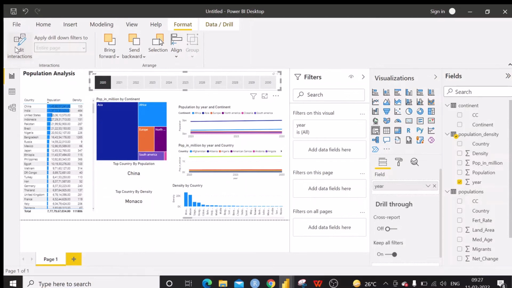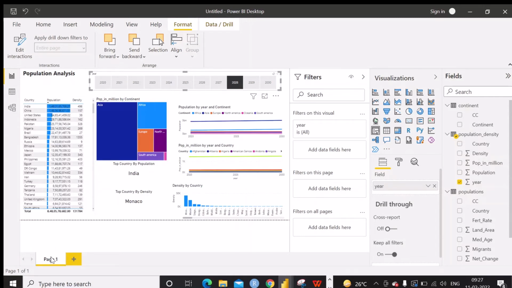So when you select 2020 in the next year, all the filters are working except these two, because we have locked the interaction for this particular filter. If we select any year here, that will be changed based on the years we have selected for all the visuals, all the charts. However, these two will not be changed because we have stopped the interaction by this filter.